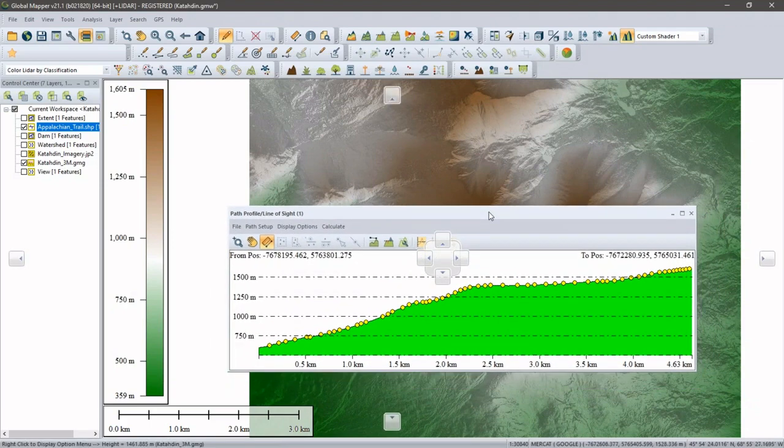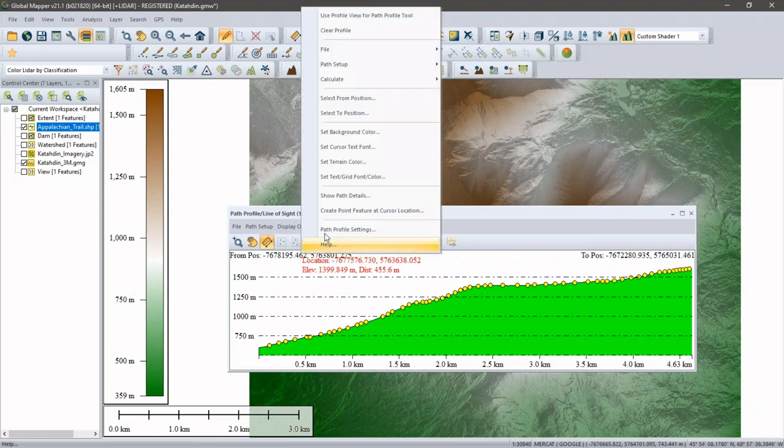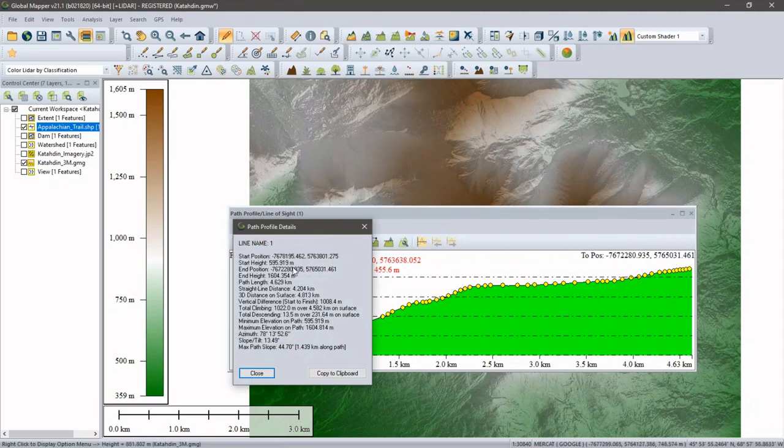Actually, it's not quite all climbing, because one of the things that we can do here is look at a more extensive array of statistics related to this profile. This is an option when you right-click in the profile view, show me the details. And here you can see, if I'm planning my last day of hiking, I can see things like, well, what's the end height? What's the start height? How much of